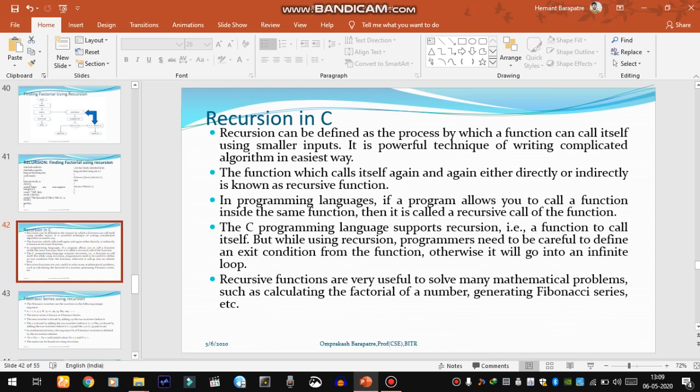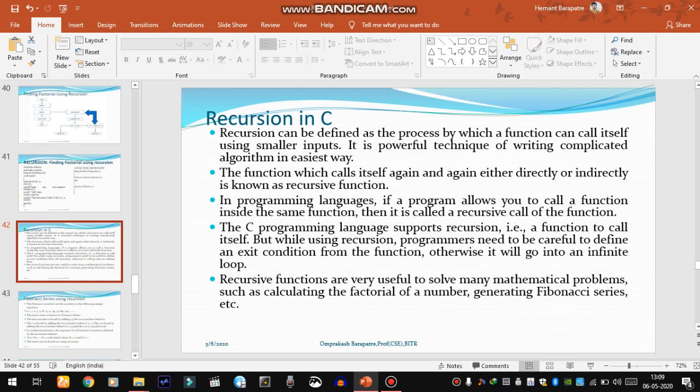Again, factorial 4 can be found by using 4 into 3 into 2 into 1, or 4 into factorial 3. So again, the same function will be called on value 3. Likewise, we can define recursive calls to the function and perform useful mathematical operations.